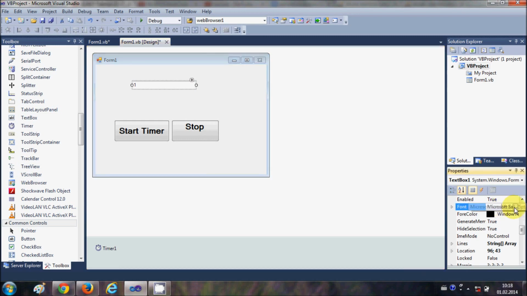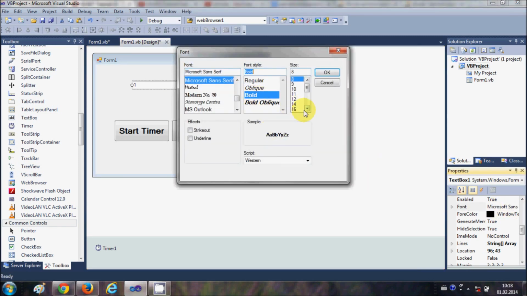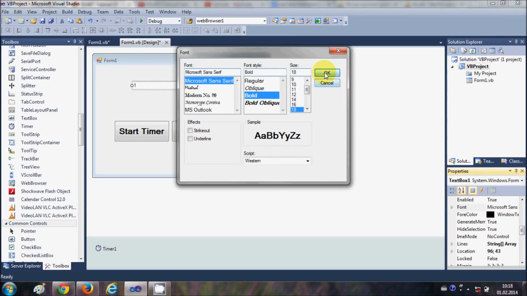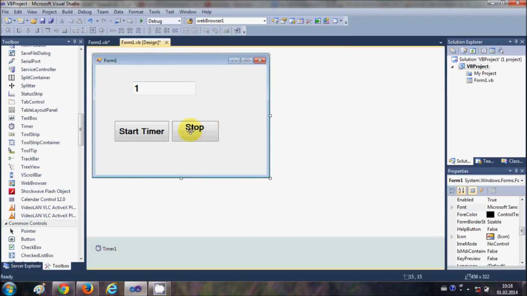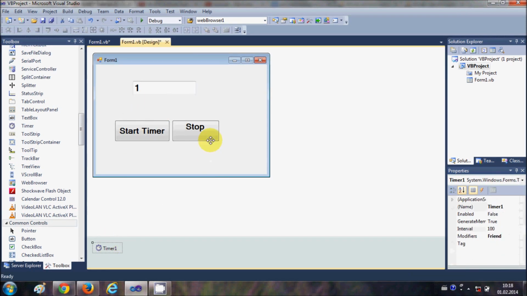So I will change the text box font. Okay, now we have the start timer button, the stop timer button, this text box and this timer.